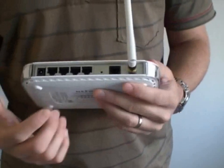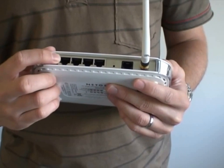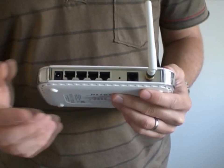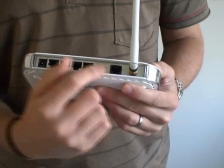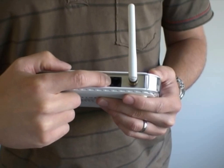On the back of the router, you'll see the four LAN ports which can connect to the PCs that you have. You have one of four choices, and it doesn't matter which one you use, say if you're just using one machine. And this will be the telephone link to your microfilter, which will go straight into your wall